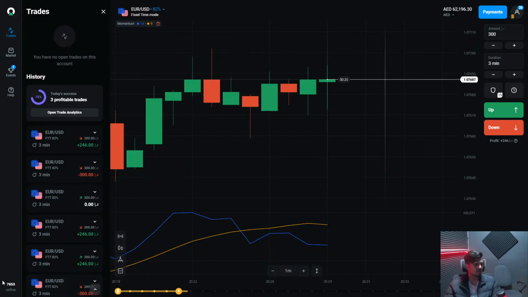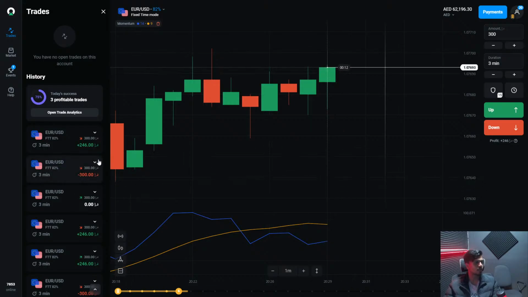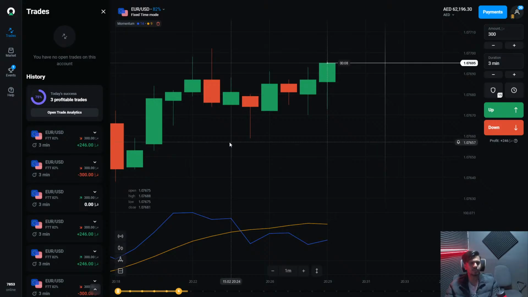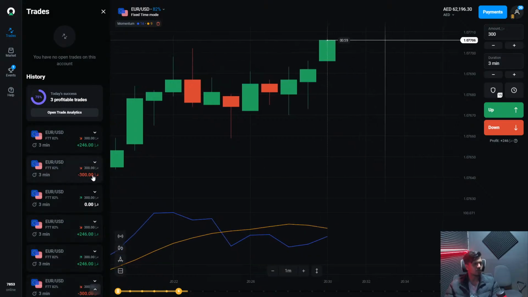जैसा लग रहा है कि काफ़ी मेंबर्स जुड़ चुके हैं, 7,853 मेंबर्स वॉचिंग राइट नाउ। दूसरी बात यह दोस्तों, अभी काफ़ी मेंबर्स जब जुड़ चुके हैं तो मुझे एक्सप्लेन करना पड़ेगा स्टार्टिंग से, सो एवरीवन कैन अंडरस्टैंड इजीली फ्रॉम द बिगिनिंग। एंड आई ऑलरेडी मेक लाइक 5 ट्रेड्स हियर, 3 प्रॉफिटेबल, 1 इज रिफंडेबल, only 1 is losses here.